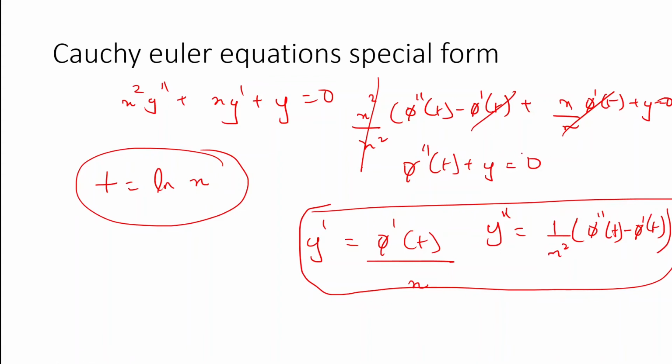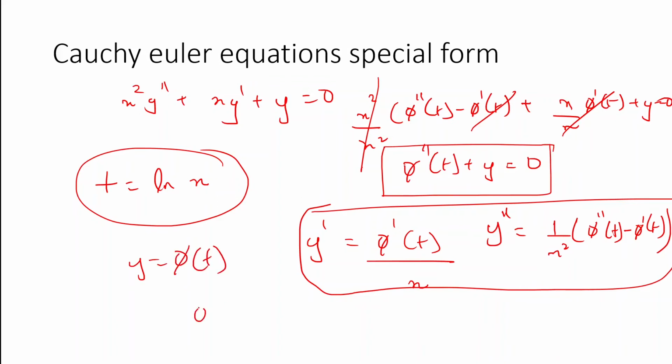Of course, in this manner it is possible to solve the problem, because as we know y is equal to phi of t. So phi prime of t plus phi of t is equal to 0. Also, Cauchy-Euler equations are like, we can add a constant. So if this is C1, this is C2, this is C3, this is definitely allowed. So what we will get then, we will get a basis C1 over here, we can subtract them and cancel out these things and we'll still be getting the same solution.